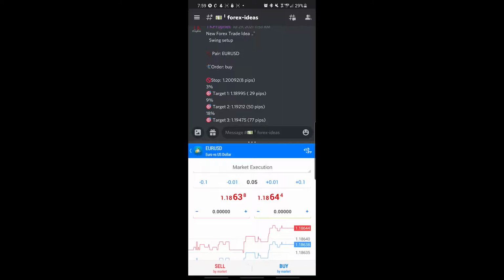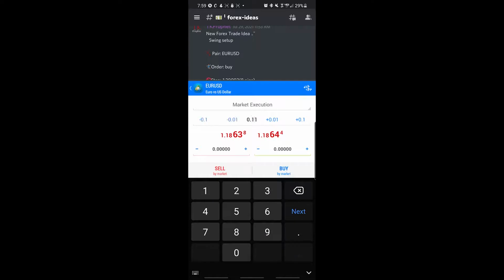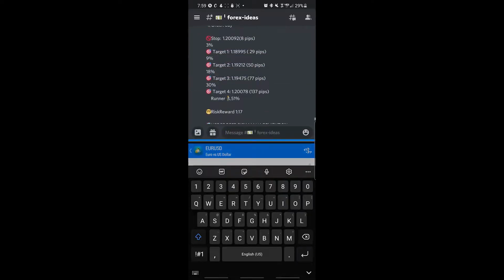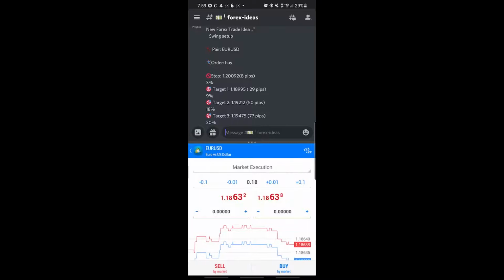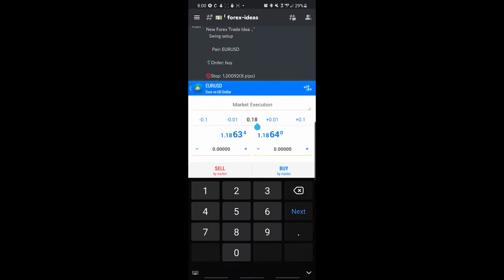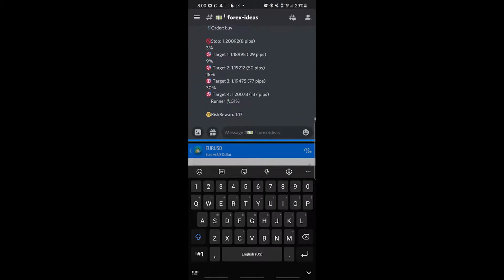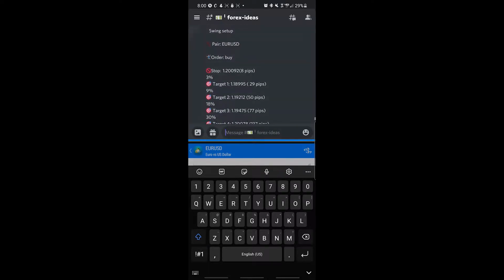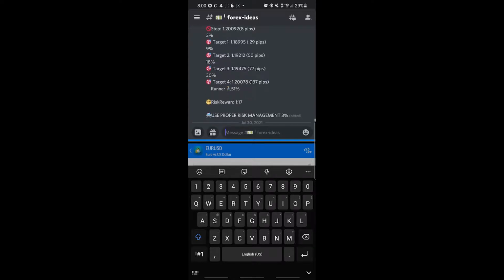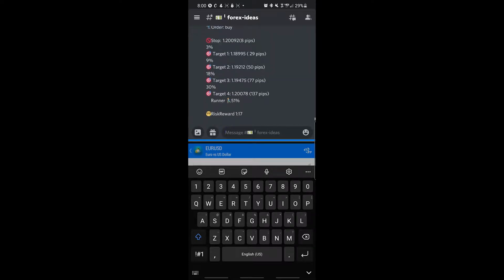So with that being said, we were told to put up a 0.18, but in this case, we have 4 different target areas. So we want to split this up into different position sizes. So let's use a 0.05 3 times. And for the last trade, use a 0.3. But since this is just an example, we're not actually going to put this trade in because it's already hit target areas. So the only thing that we would do is look at the number for the stop loss,